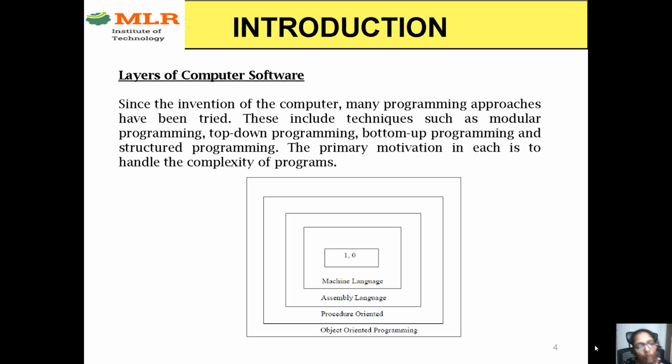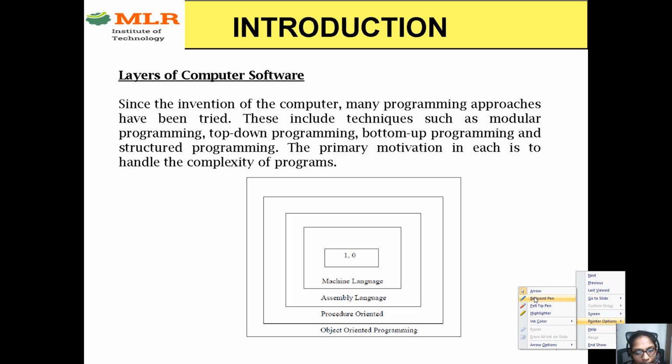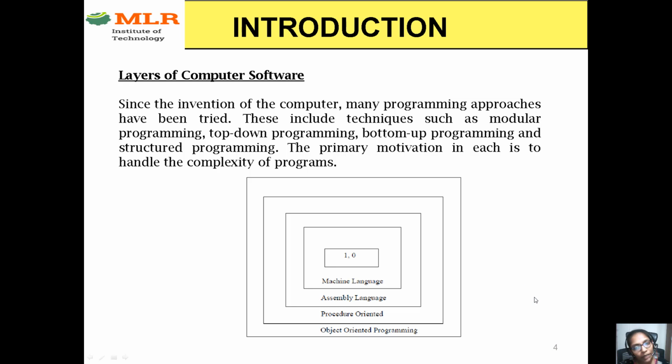Before going to object oriented programming or structured programming, first we need to know what are the different programming languages we have, from the first level of computers. If we see in this diagram, we have some different layers here. Initially we don't have any programming language to communicate with the computer. As we know, the programming language is used to communicate with the computer, to instruct the computer. But initially we didn't have any programming language, so at that time they used only machine language.